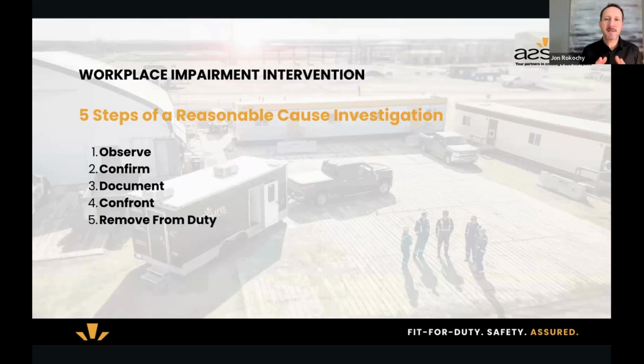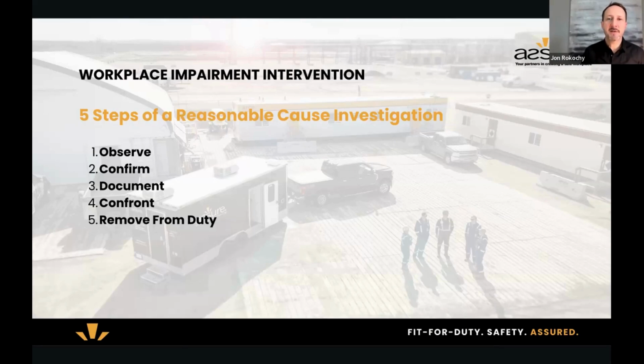So you've documented, you've made the decision to test. You phoned us, you booked the test. We were notified, or we booked you in Fort McMurray, or wherever this incident happens. So then you go back and confront. You tell them what confront is all about: you meet with them and you tell them, here's what's going to happen. We have reason to believe that you're showing signs of being impaired from substance use, and you're going to tell them the details. Because of that, you're removed from duty pending an investigation.